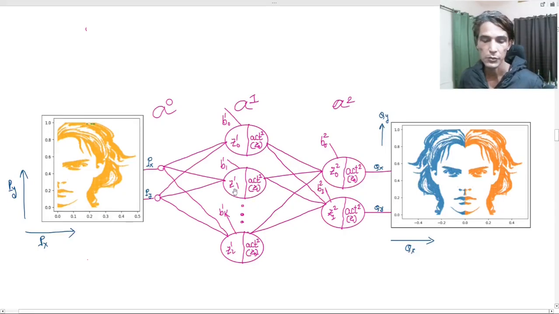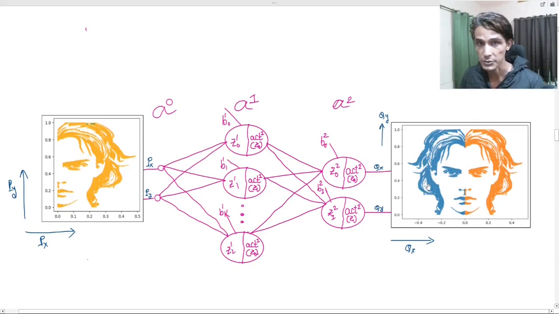In this video, we are going to code a neural network from scratch. We're going to write the code for this network, and then we're going to train it and give it a set of 2D points as input. And we would want the network to generate the reflection of all the input points with respect to the y-axis